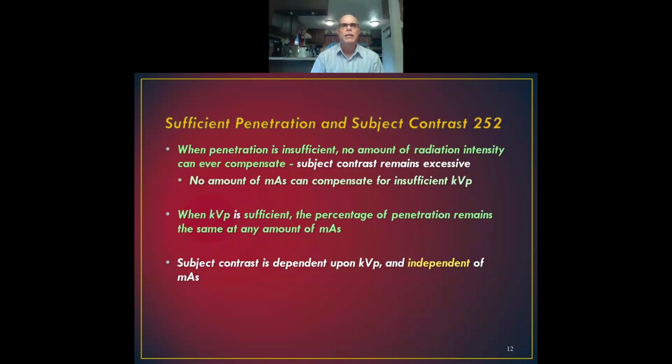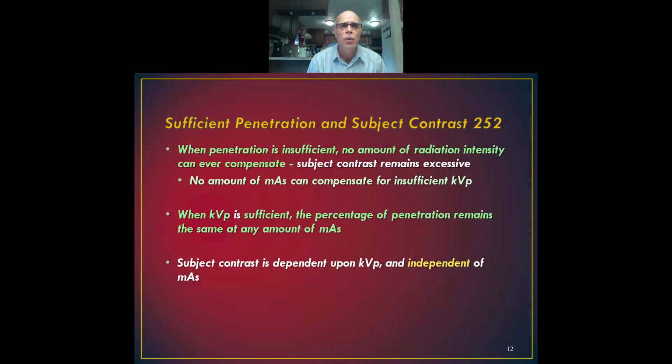We know the word intensity should now tell us that we're talking about mass. So regardless what mass you use, whether it's 10, 20, 30, or 40 mAs, if you're underpenetrated, you're still underpenetrated,